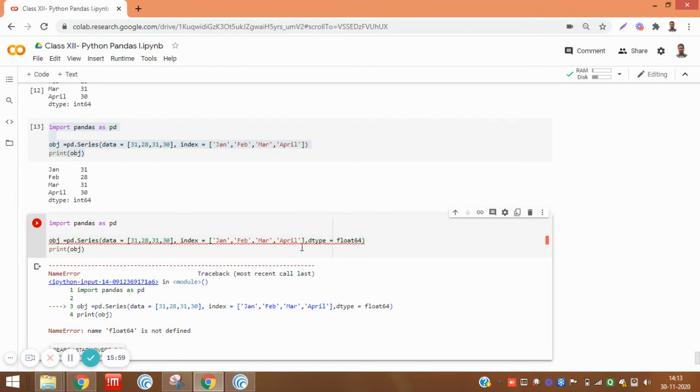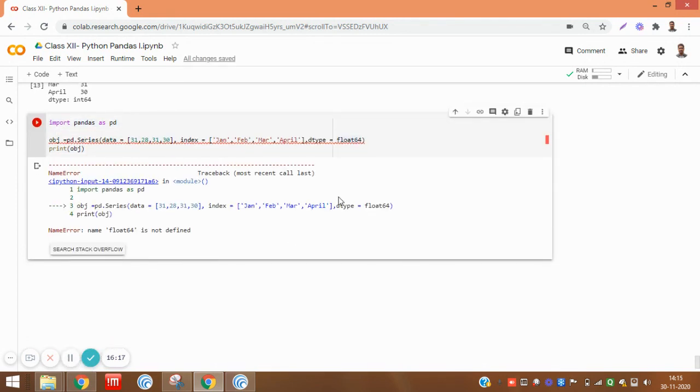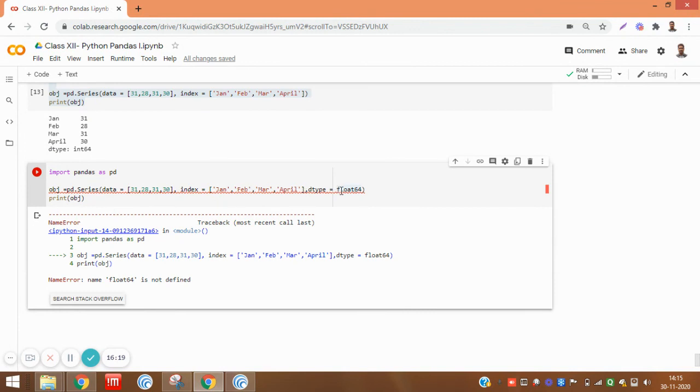Yes, there is an error. What is the error? The error is name float64 not defined.